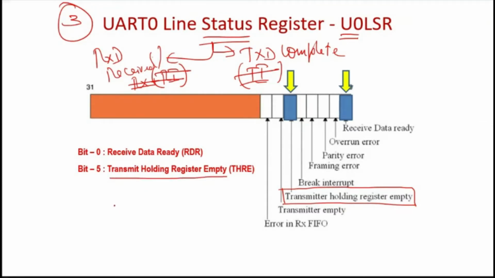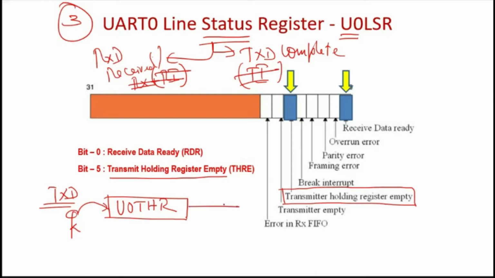So what does the big name specify? In 8051 we had only 1 register for both transmit and receive. In LPC 2148 we have 2 separate registers. 1 register for transmission. So for transmission, for TX, we have a register called UART0 transmit holding register, THR. What is the job of this transmit holding register? The user puts the data into this register. This register will transmit the data via the transmit pin.